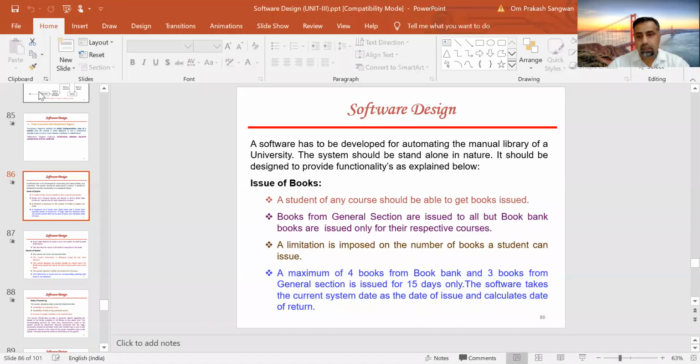From the problem statement, we have to create a use case model. Based on the use case model, we will create an activity diagram. Once the activity diagram is developed, we have to draw an interaction diagram, and after the interaction diagram, we go for the class diagram.